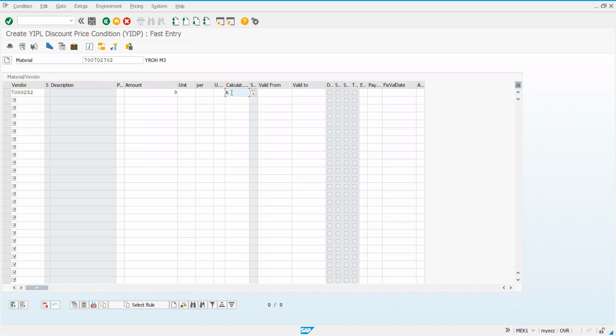Now observe, once you select A and enter, what are the observations that you can make? Can you see percentage automatically taken? Yes sir. And here you have minus. Can you see that? Why minus? Discount. And in condition type we had taken it as X, negative. And here I deliberately left for the second time without selecting till month end, because of which it is showing 99.99. So are you able to connect back to the condition type? Yes sir. We'll save it.